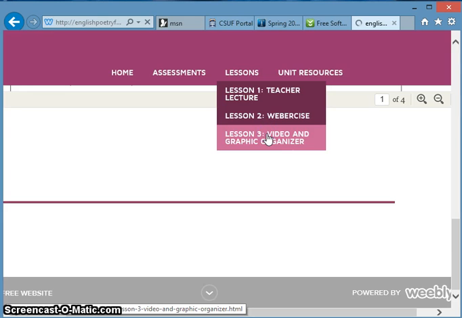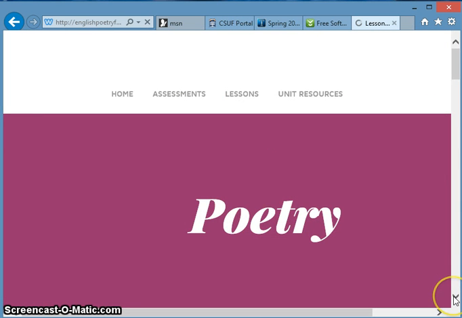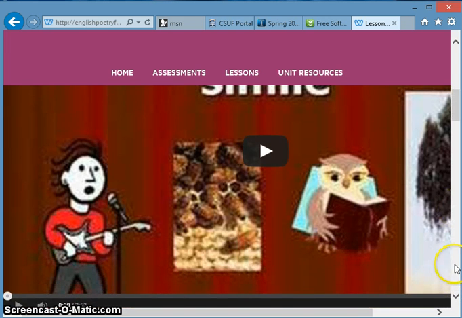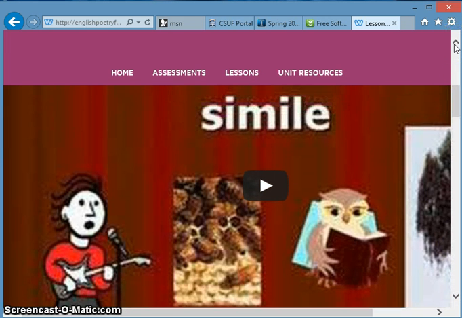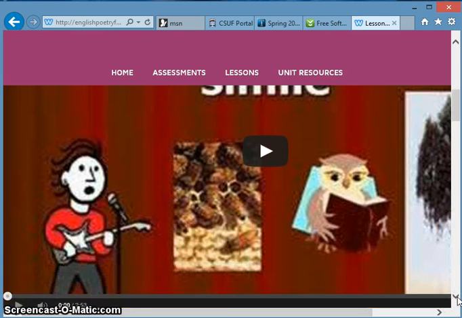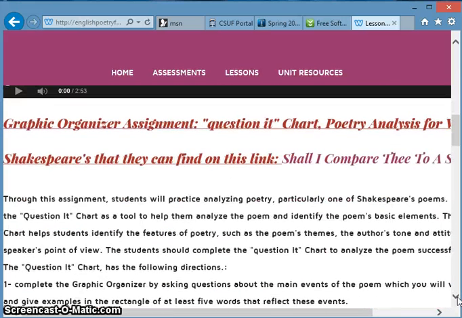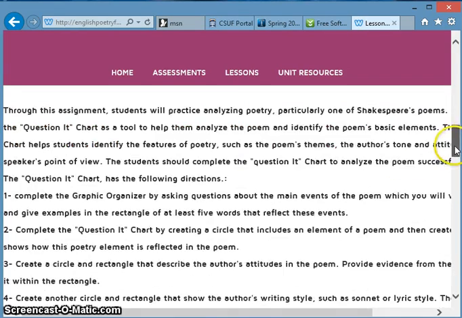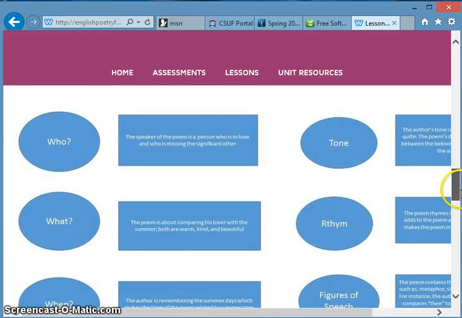And the third lesson in the lesson page would be viewing a YouTube video which will show my students the features of poetry, poetry terms, and basic elements of poetry through animations and a cartoon YouTube video, which is really interesting for students to see. And also, along with the YouTube video, I have a graphic organizer assignment, a questionnaire chart, an effective activity the students should complete so they can reflect on a poem by completing this